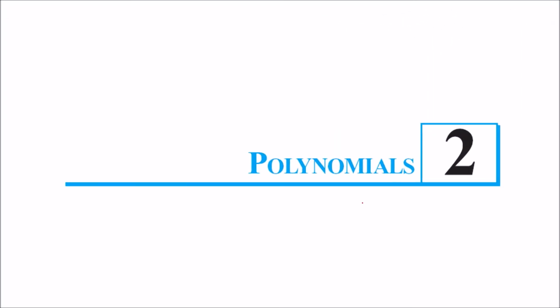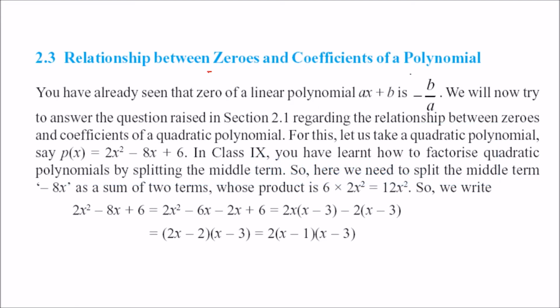This is chapter 2, Polynomials of class 10. We have seen about zeros, how we can find zeros up till now. Now we'll see the relationship between zeros and coefficients of a polynomial. So for a linear polynomial of this type, ax plus b, we have seen that the solution or the zero is